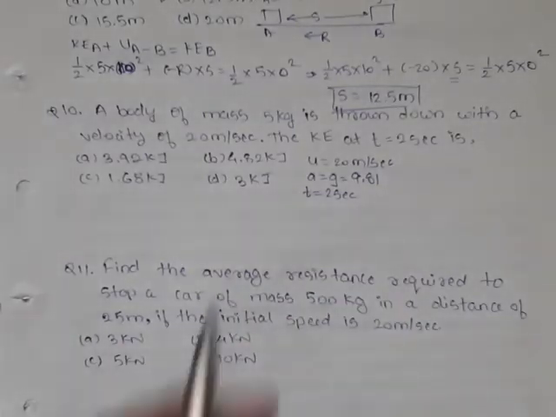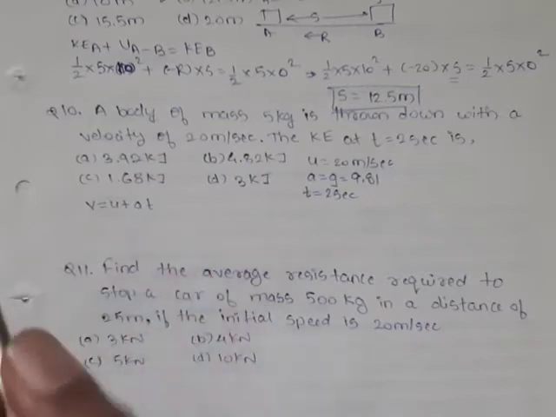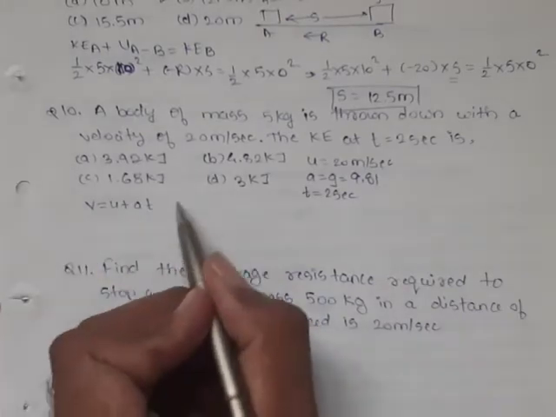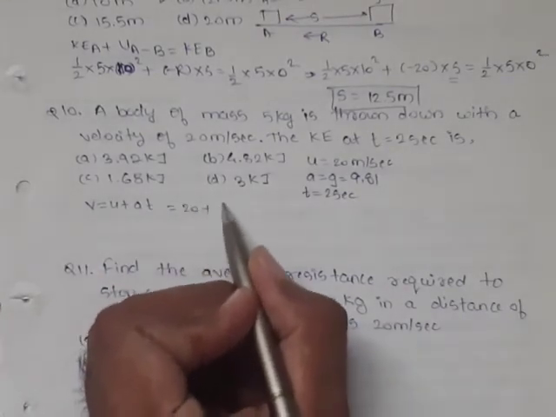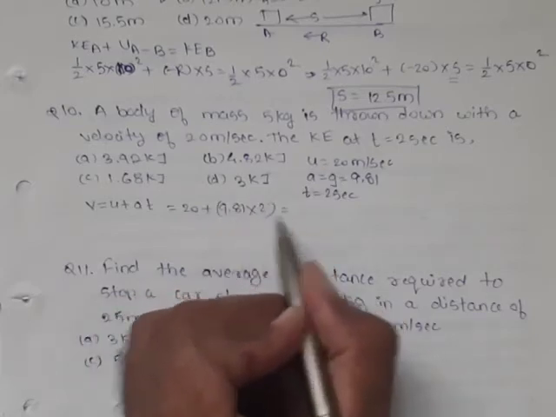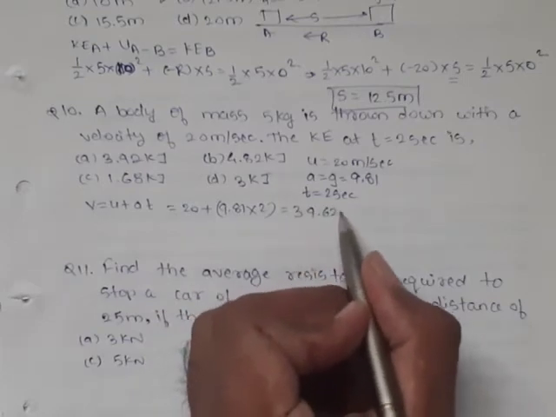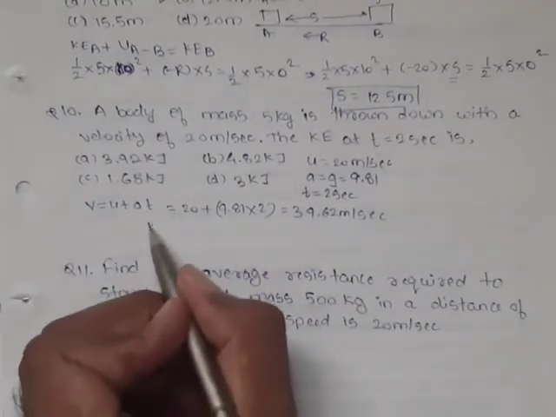So here we'll use the formula V equals U plus AT. Generally the kinetic energy is asked after time 2 seconds, which means V will be found first. U is 20, A is 9.81, and time is 2 seconds. So we get velocity after 2 seconds equal to 39.62 meter per second, and kinetic energy will be K equal